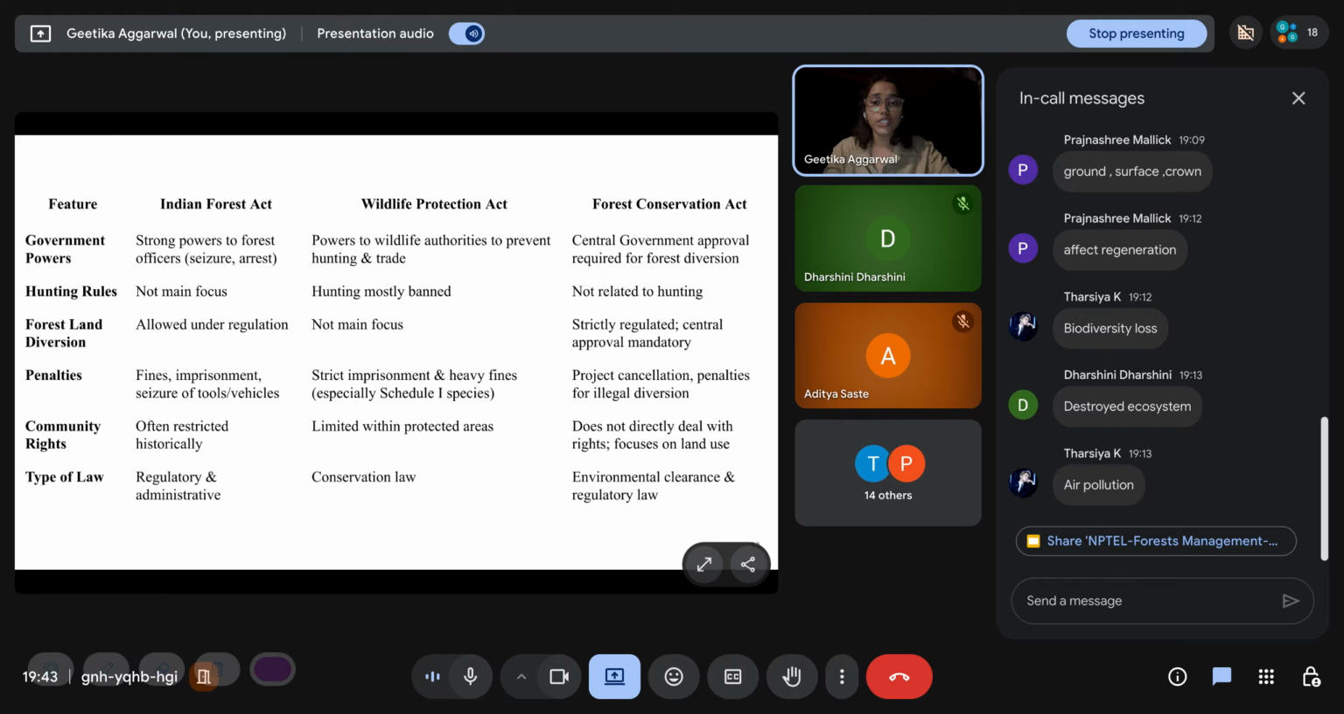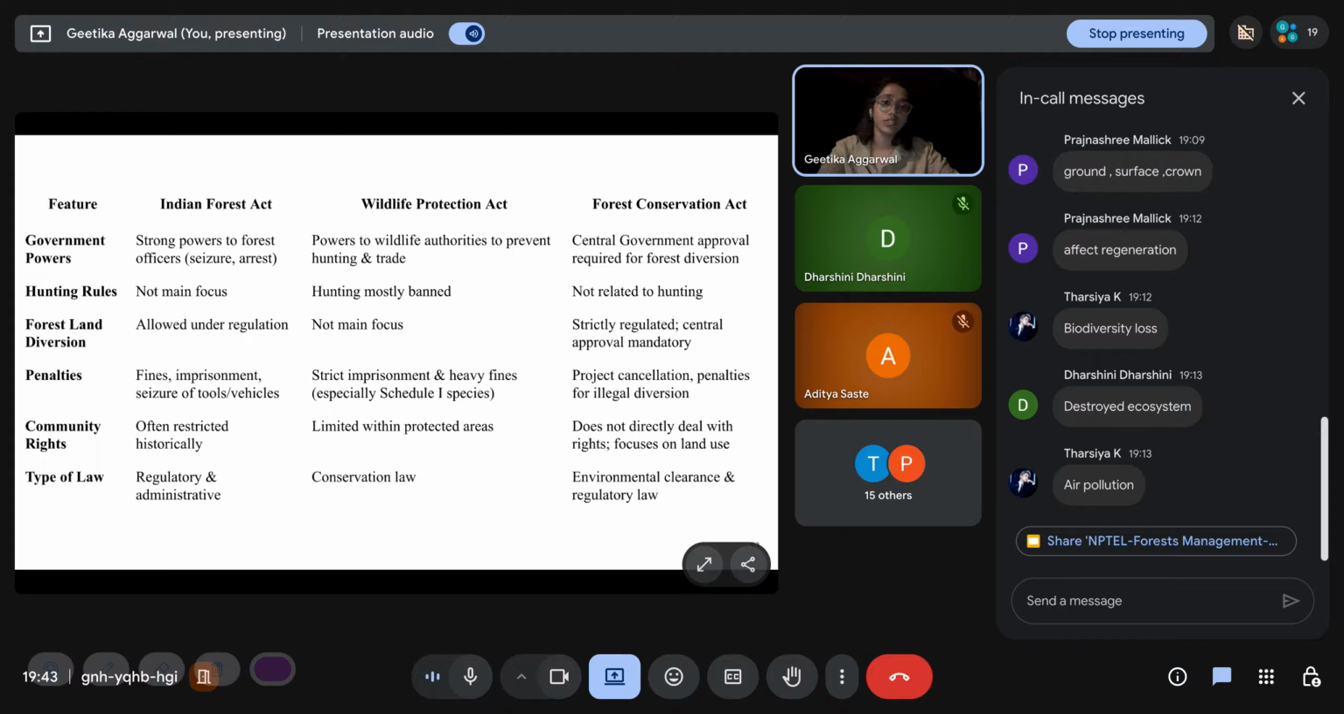It's not the main focus of the Protection Act because that is talking about wildlife protection. In the Forest Conservation Act, it's strictly regulated, and the central government has the main authority over approving certain types of conversions, right? So, what are the different types of laws? The Forest Act is actually a regulatory, administrative kind of law. The Protection Act is for conservation of different plants, animals, and species. And the Conservation Act is a regulatory law which is trying to control how land can be converted